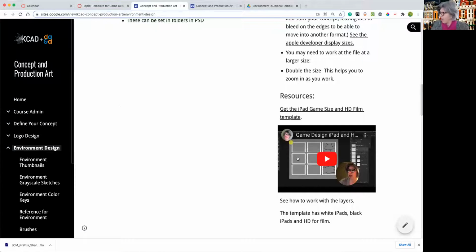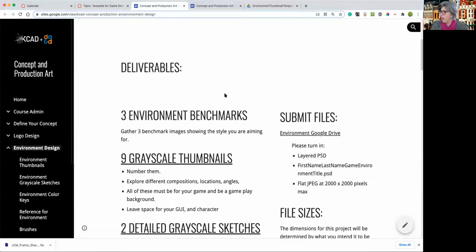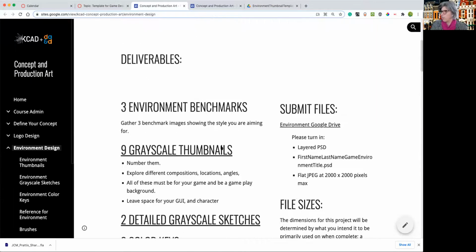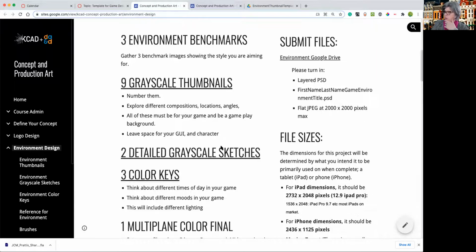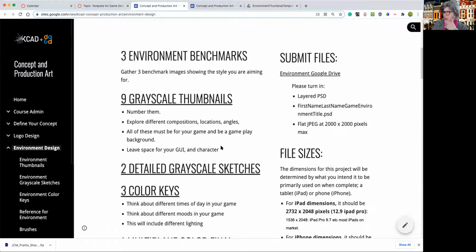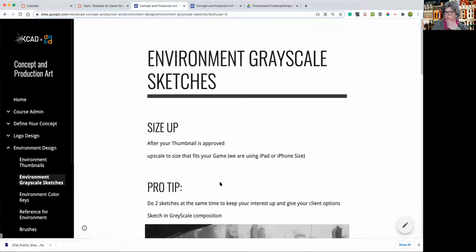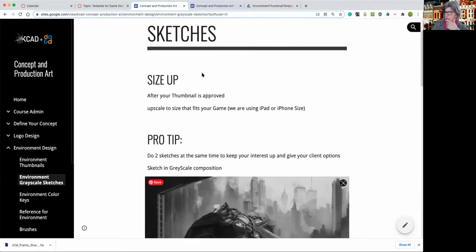Okay, cool. I think it's going to be neat because we can have the iPads on it, and then we can have them be white or black. There's a layer for that. So I'm just looking for a JPEG to be exported from that. Okay, so then the thumbnails, and then if you are going to move into the Greyscale sketches, first of all,